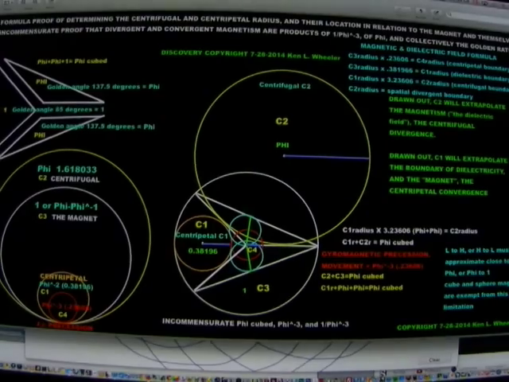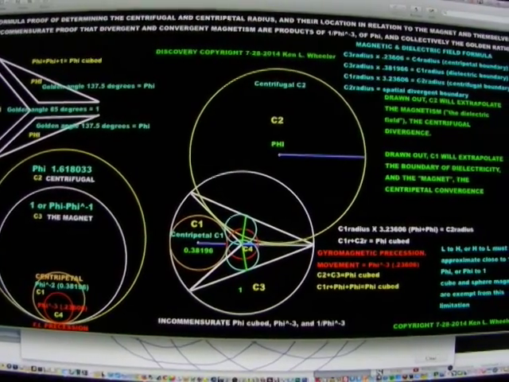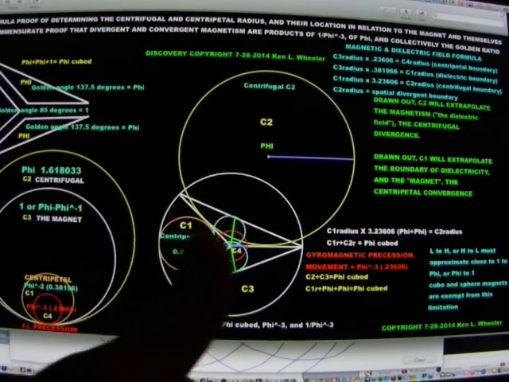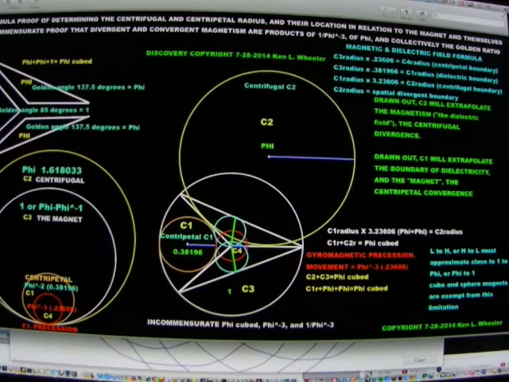I'll post this chart online underneath the video so you can download a nice crisp, clear copy. This should be extremely good for educational purposes and shows that Mother Nature, with the dielectric and the magnetic, the interatomic magnetodielectric, which makes up the magnet, due to a disequilibrium of the interatomic and the creation of a permanent magnet, this is how nature mediates her fields. They're all golden section, golden ratio. Phi, 1 over phi, all phi cubed, 1 over phi to the power of negative 3, which is phi cubed,